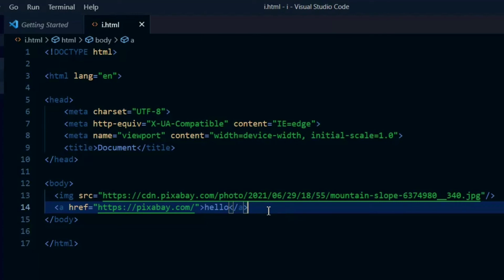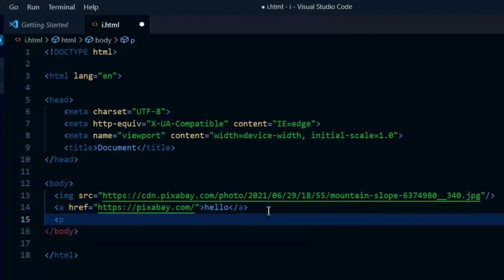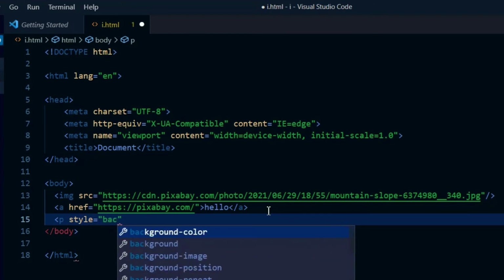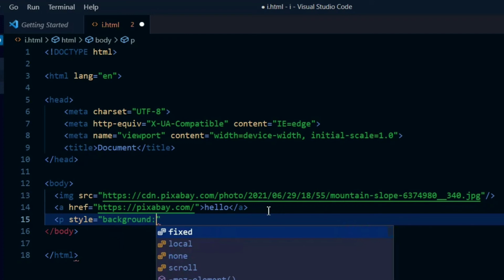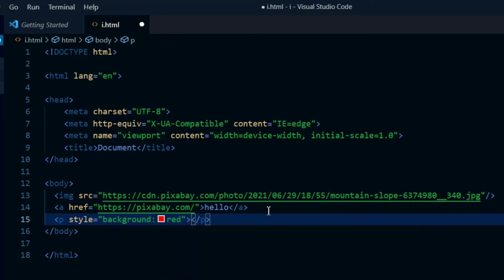Next, I use the styling. I use the paragraph tag. As I mentioned, many developers prefer P. I am also using it. Now I use the style. In the style, I want the text background to be red. Therefore, I am using red, and I write hello world, reload it, and open it in a browser. Yes, as you can see, I have written the text hello world in it, but I use the style attribute in there. Therefore, it is showing me the background with the red color.